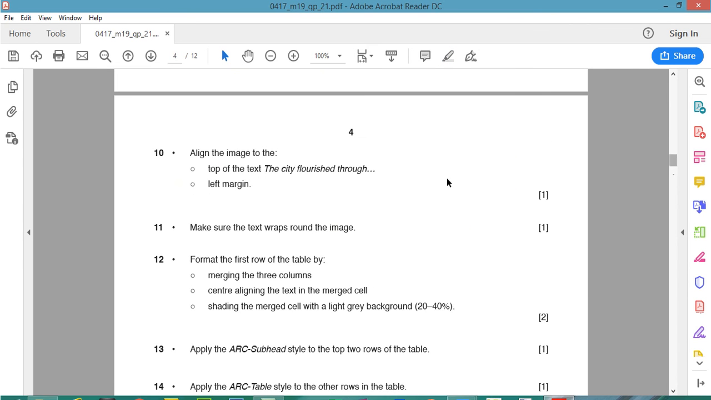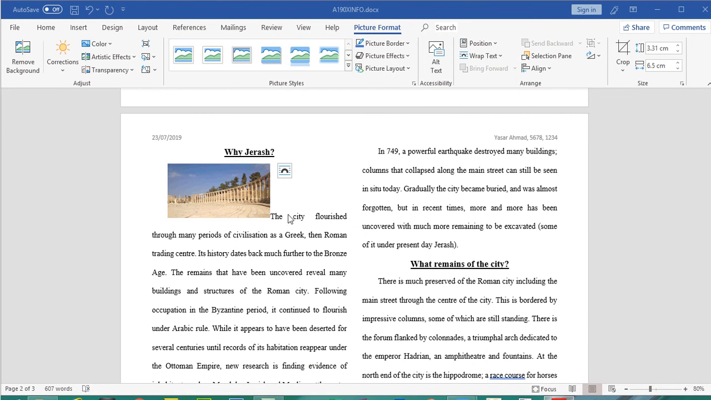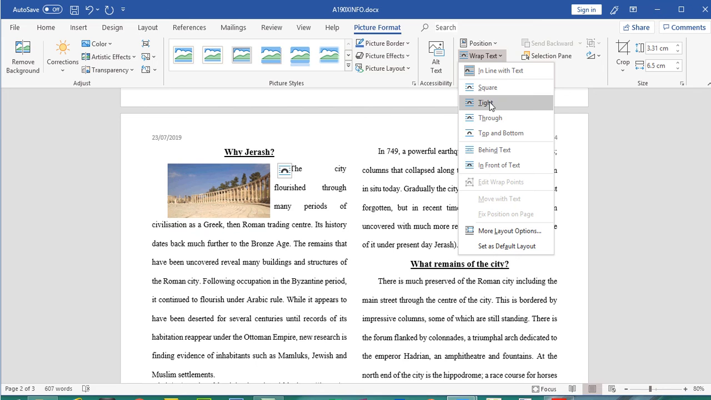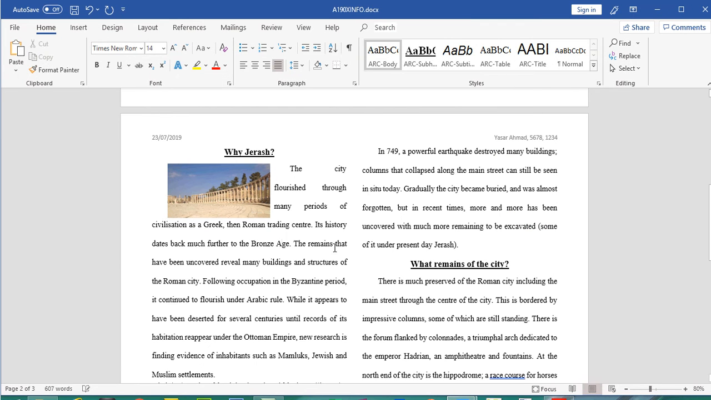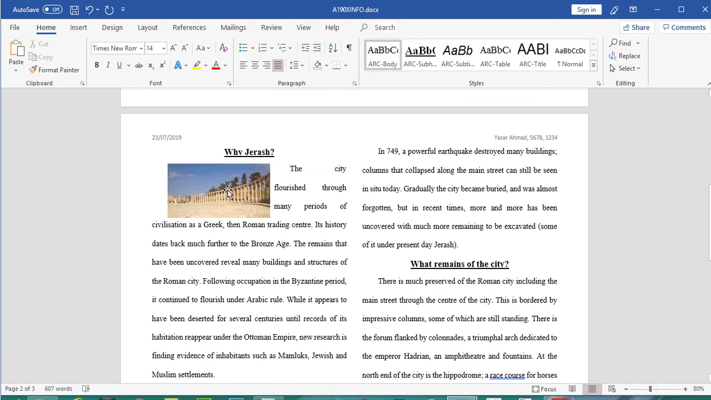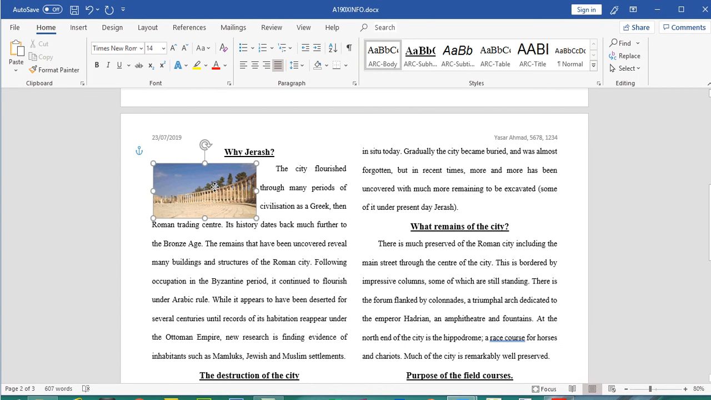Let's move down. So align the image, question 10, to the top of the text, "The city flourished through." Okay, so yeah, it has to be aligned here. So what I'm going to do is wrap the text. So let's select the type position. It has to be aligned to left margin and then to the top of the paragraph, or to the first line. Okay, so let's just move this here,